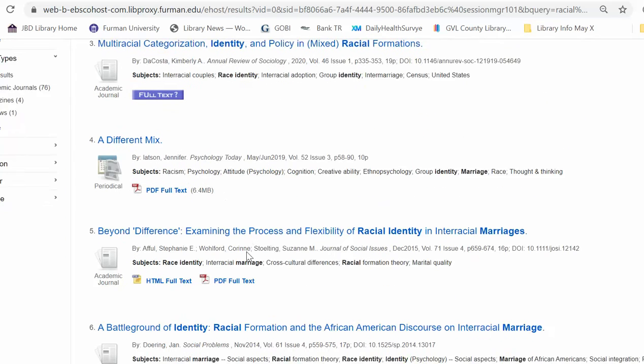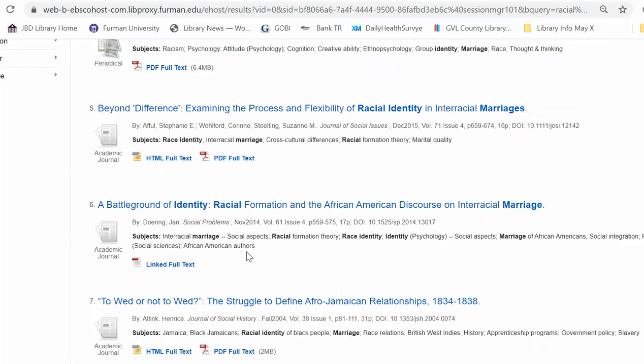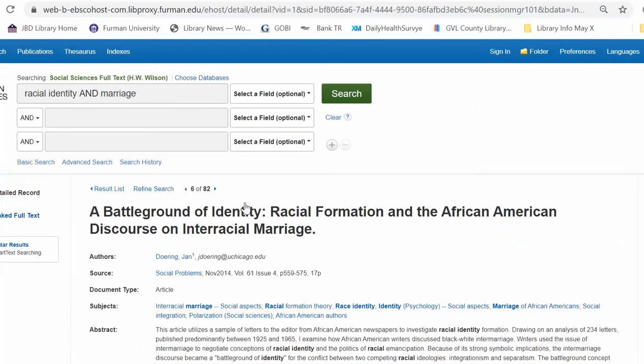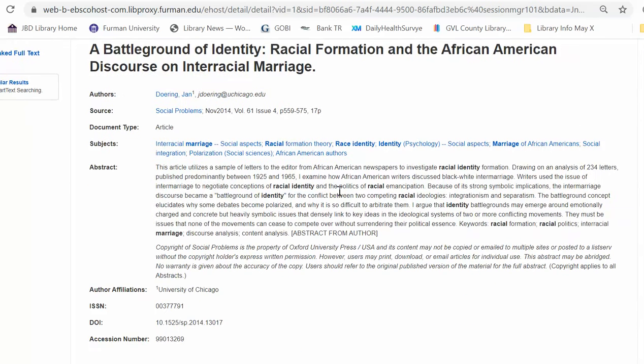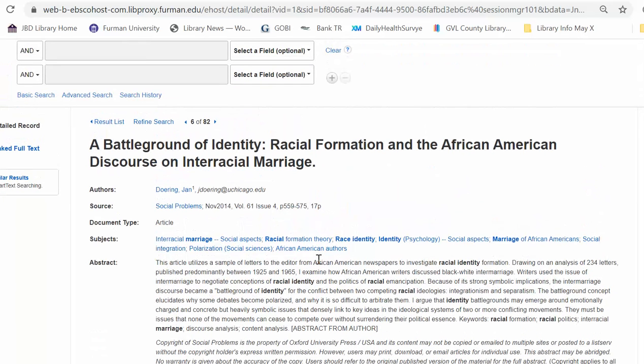I looked a little bit earlier, and I found this one that's in Social Problems, and it looked good, so I'm going to click on that. And after I read the abstract, I decide that this is something I want to look at. So fortunately, we have linked full text for this article. And so we're going to go and look at the article